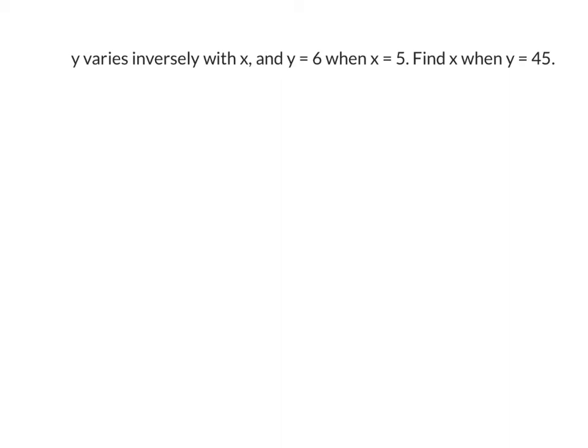Y varies inversely with x, and y equals 6 when x equals 5. Find x when y equals 45. The first thing I notice is that y varies inversely with x. That means I know I have the equation y equals k over x. But I know a little bit more. I also know that y is 6 when x is 5, so I can write the equation 6 equals k